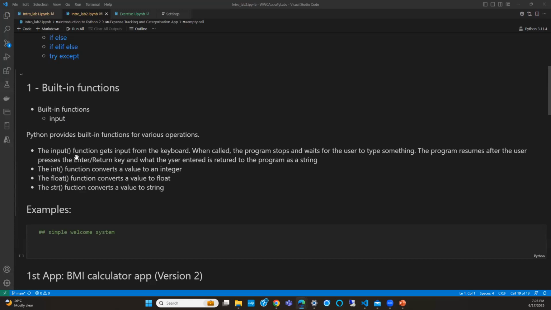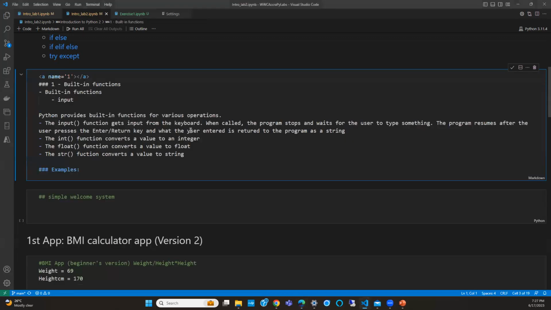The input function gets information from the user, entered from their keyboard. They enter some value, press the enter or return key, and the value that the user entered is returned to the program.